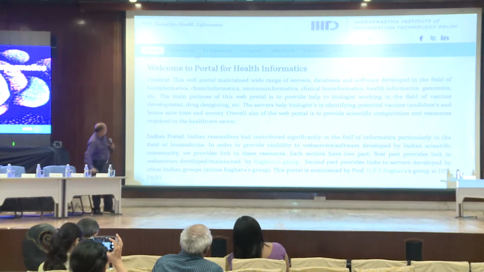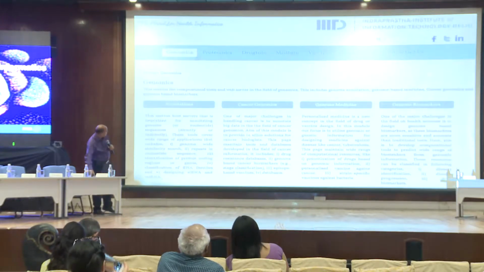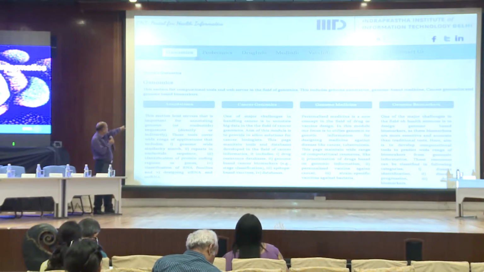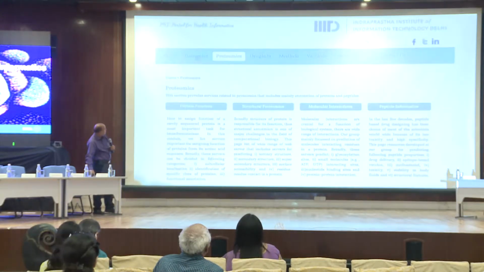So we divide them into different headings. Let's say genomics. We maintain all the genomics related information, all the servers which are related to genomics, that include annotation of genomes, cancer genomics, genome medicine, genome biomarkers. I'm not going into the detail of each and everything, but we have compiled all the information. So here